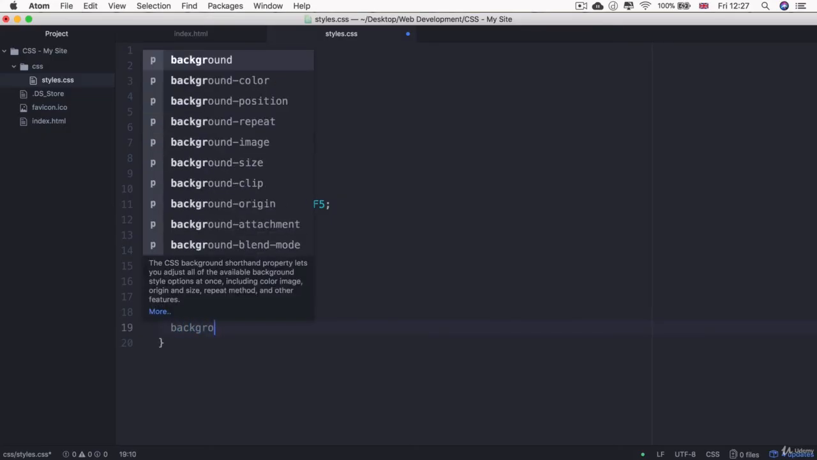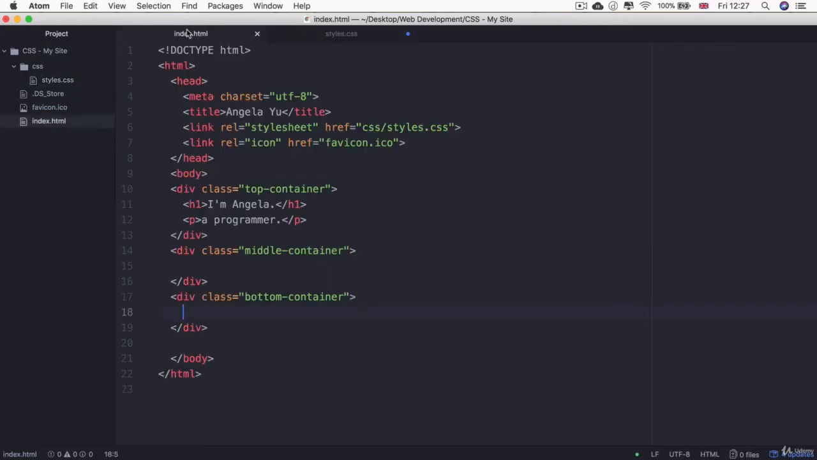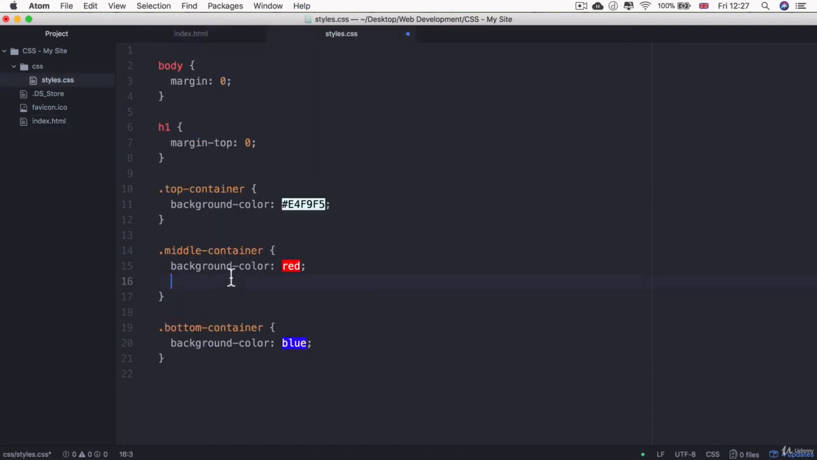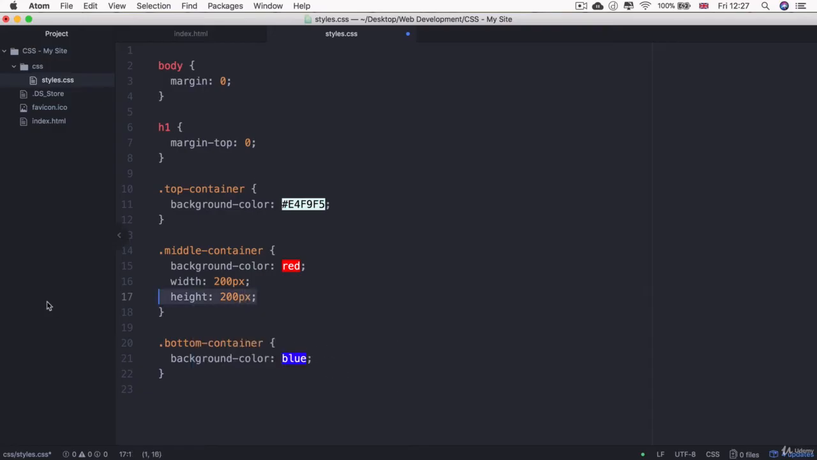And this one's background color will be blue, shall we? Hit save. And as we said, these two containers, because they don't have any content, won't have any dimensions unless we give it to them. So let's say that the middle container should have a width of 200 pixels wide and a height of 200 pixels as well. So now it's a box,